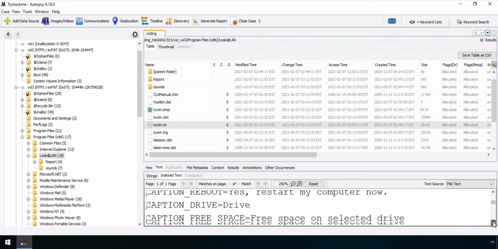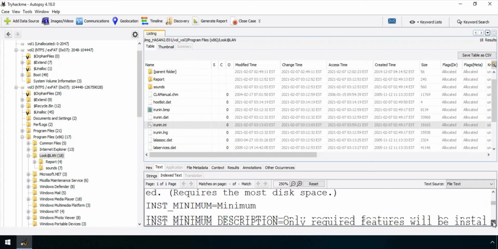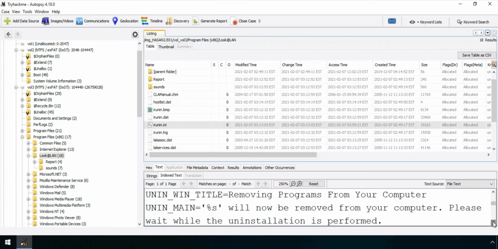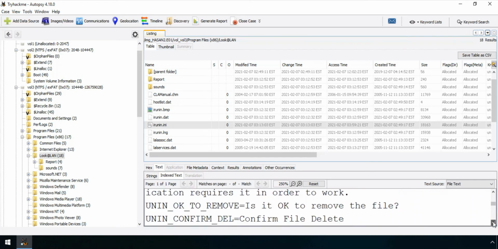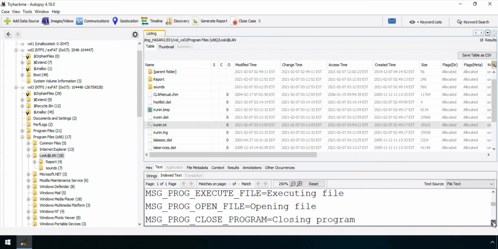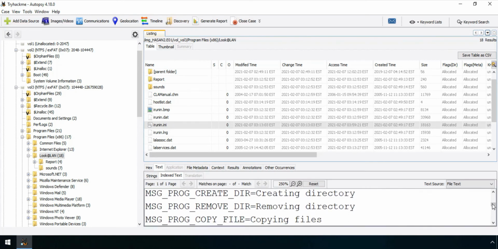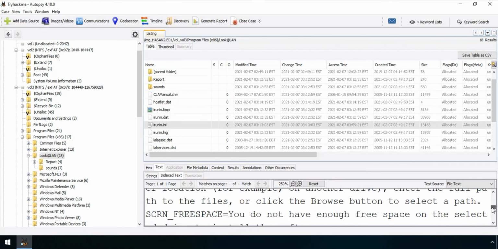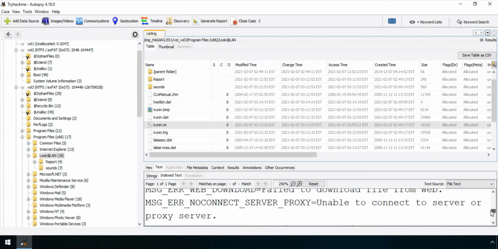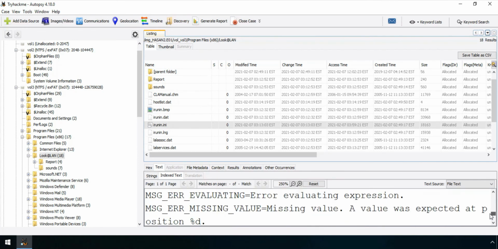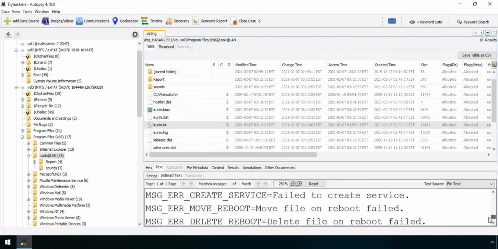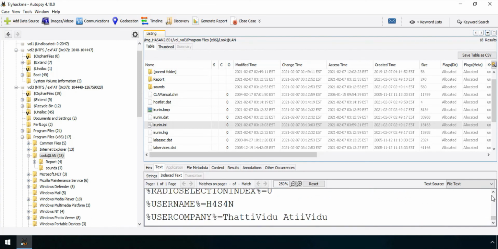Let's just search out for that MAC address. I'm just searching out for this. There are so many things, so I will just go down and down and down to see if I can find it.